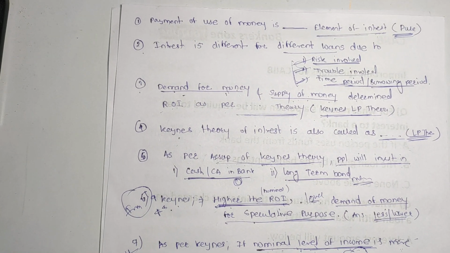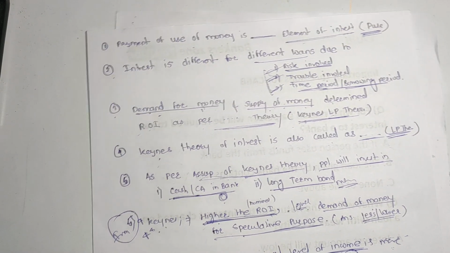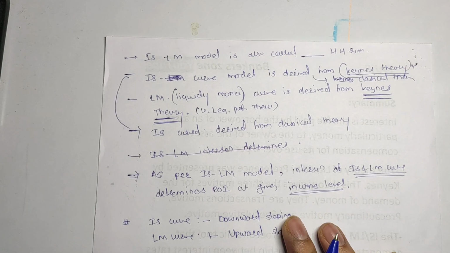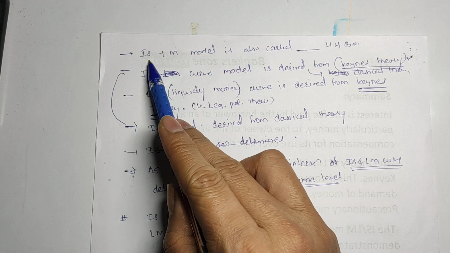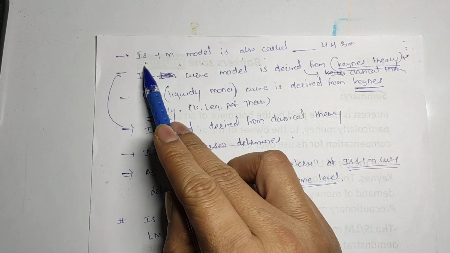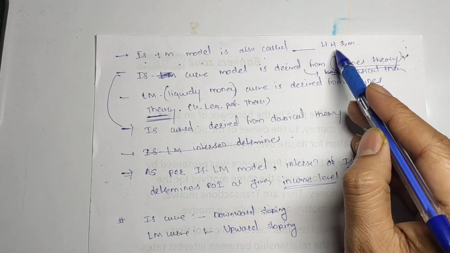Okay, these bits are very important. These are actually the extract of that unit, friends. So next are some bits remaining here. See, ISLM model. Remember, ISLM model is also called the HH, that is the